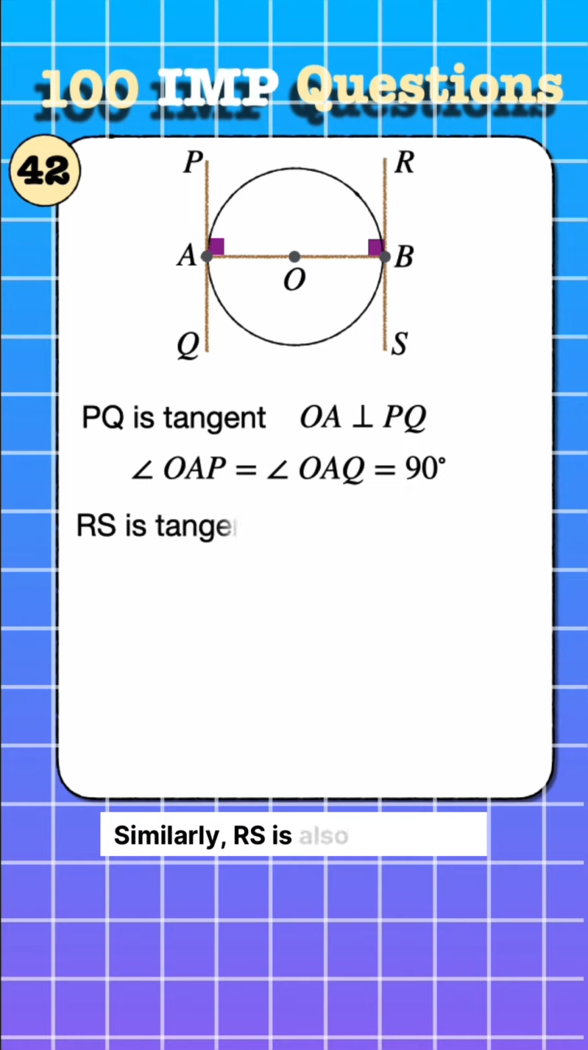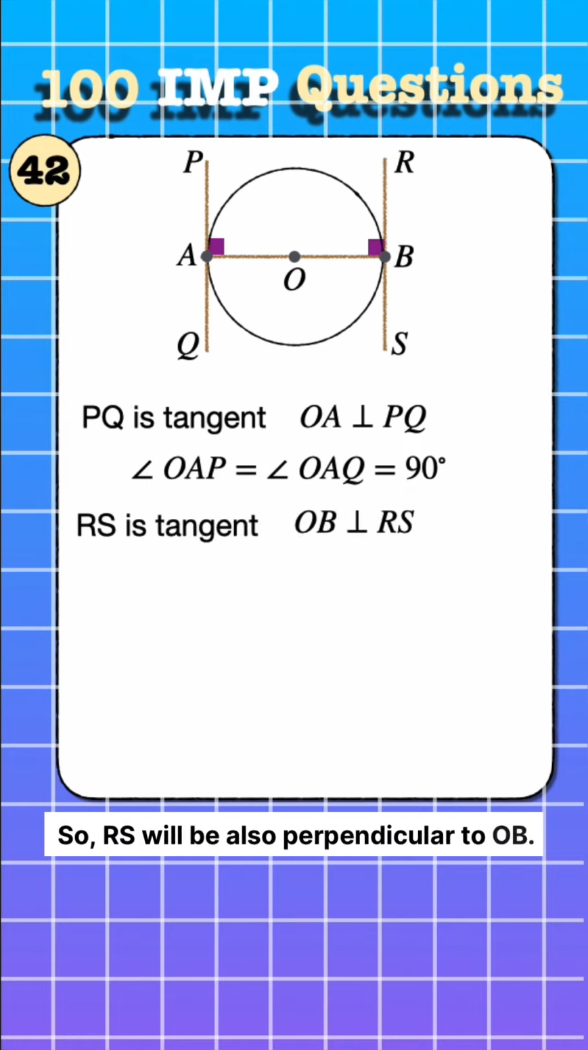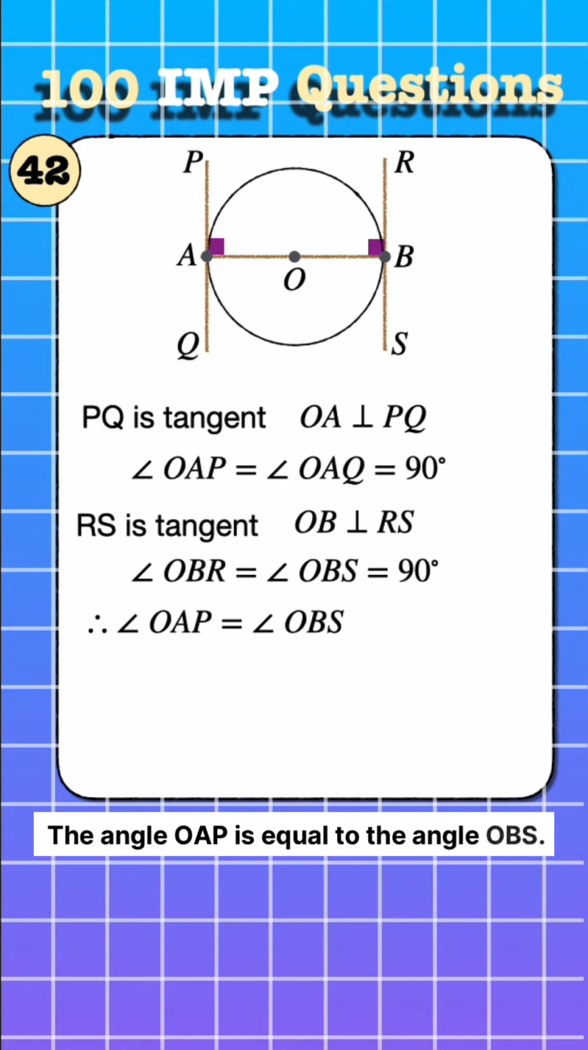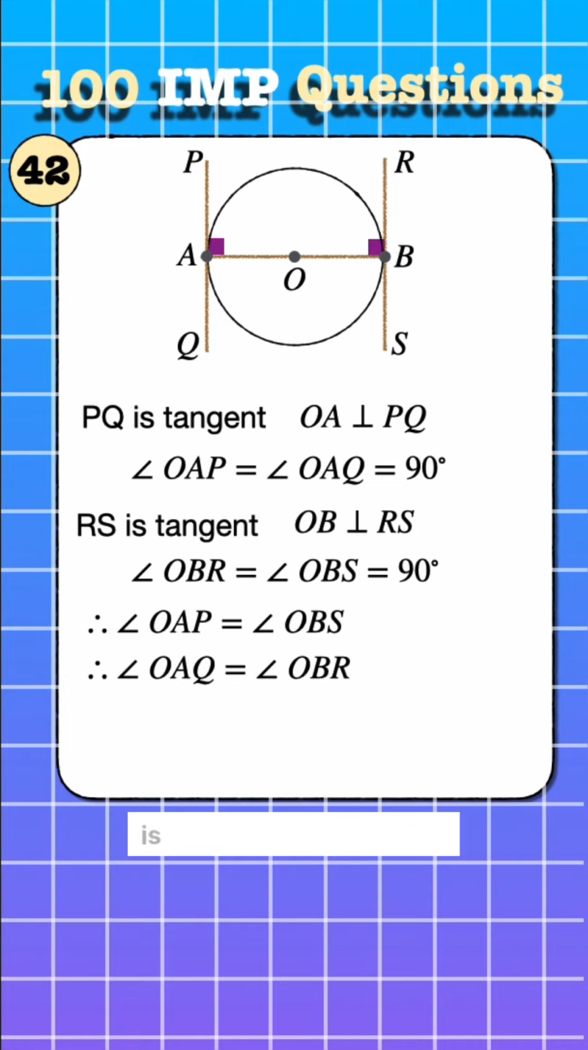Similarly, RS is also a tangent, so RS will also be perpendicular to OB. Therefore, we can say the angle OBR and angle OBS are also 90 degrees. Look at the diagram. The angle OAP is equal to the angle OBS, and the angle OAQ is equal to